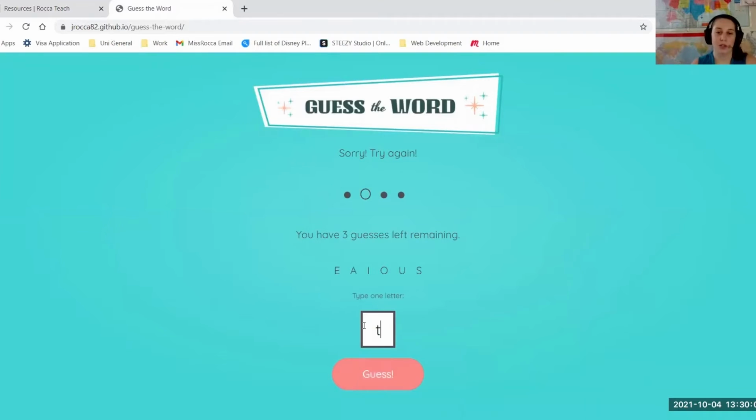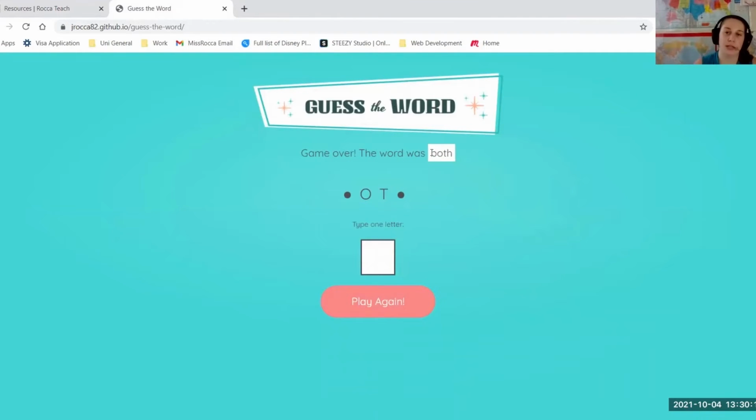So the student just keeps guessing until they guess the letter, and then let's actually fail this on purpose. Let's see what happens if the student can't guess the letter on time. So it'll say what the word is. So the word is both, and then you can talk about what that word means, maybe give an example of how to use it in a sentence